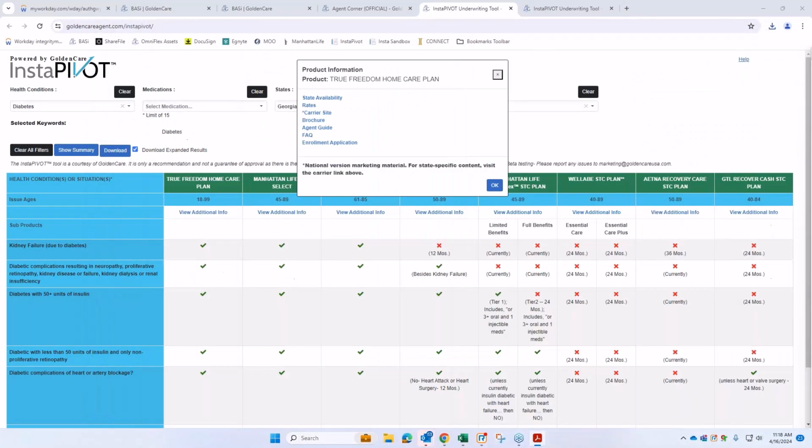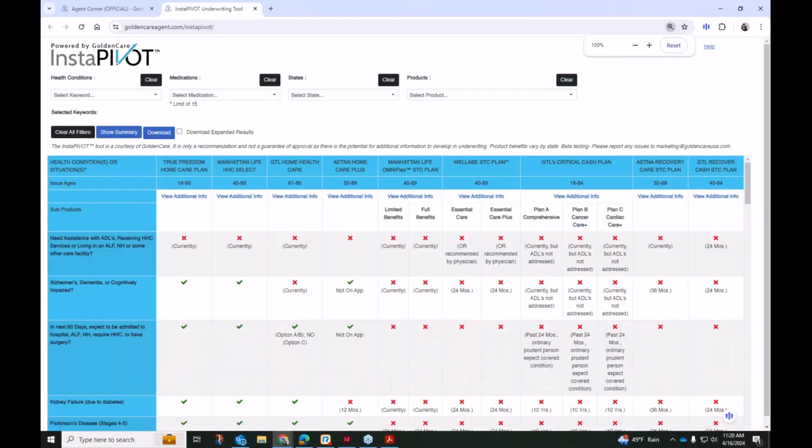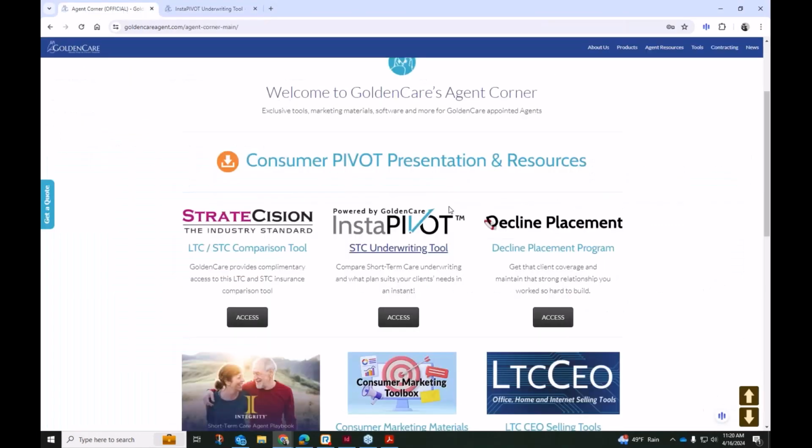So yeah, we try to include as much information as we can without cluttering things up, but to help you at the initial stages and throughout the sales process. Now, the power here is first identifying which carrier is a good option, but the different information, the different tools that we have inside Agent Corner,